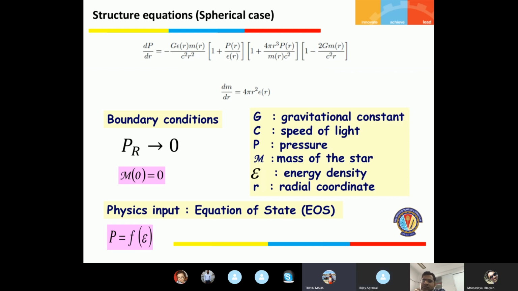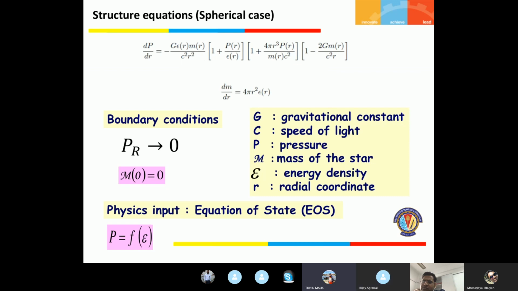And here the basic input is the inward gravitational pressure and the outward neutron degeneracy pressure. This is the balancing equation. From there we can see that the basic physics input is the equation of state. What is that? It is how the pressure of the matter is related to the energy density